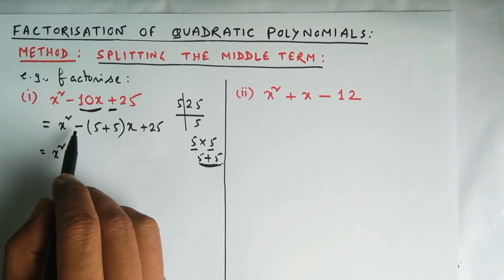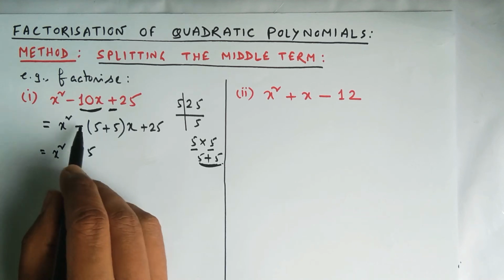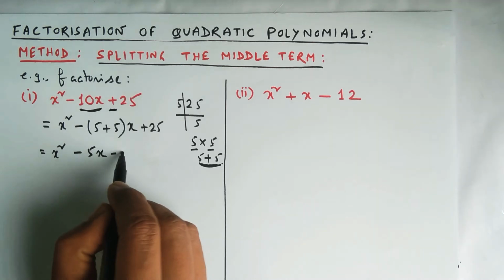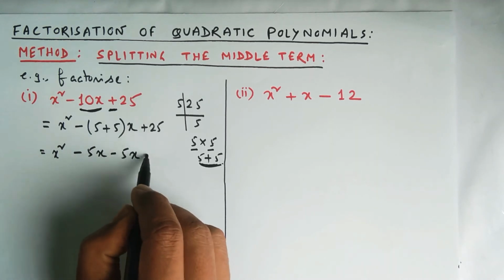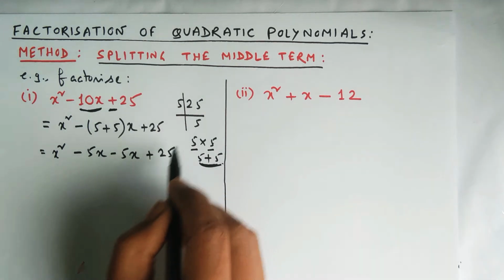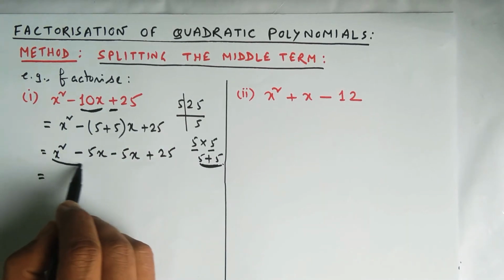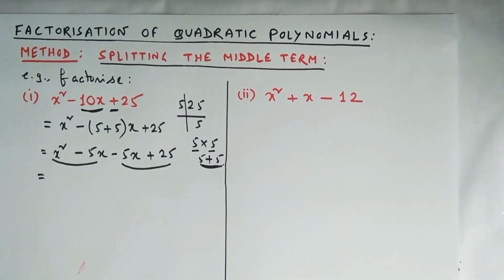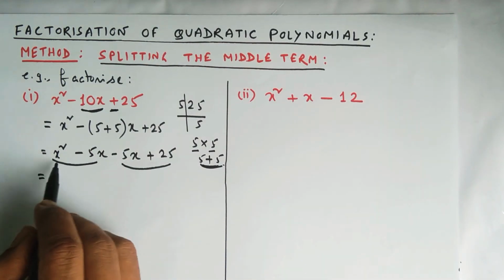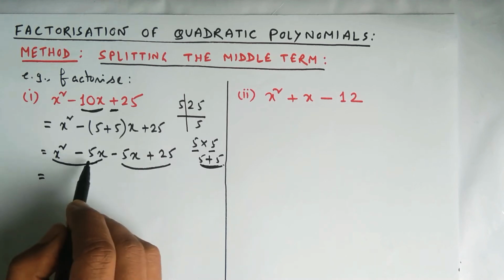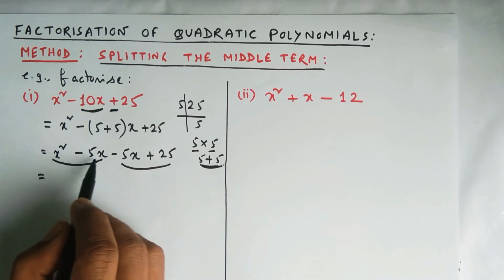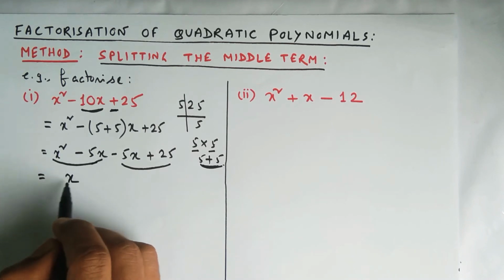Now open the bracket. Here it is minus 5 with x coming with this, and again minus 5 with x coming with this, plus 25. Now you had three terms, and you got four terms. Now from the first two terms, suitably we'll take a variable or number common. You see x two times, x into x, and here x one time. So we can take 1x common.